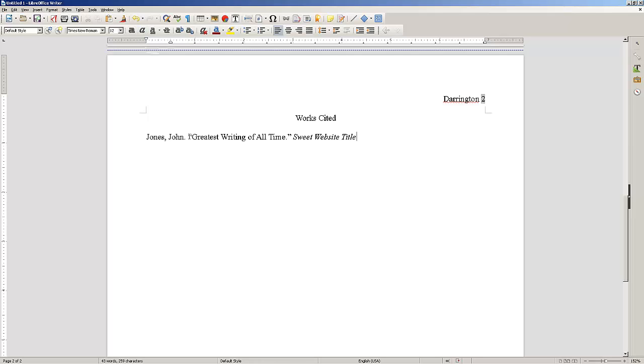I'm using Control I to turn on and off the italics. The next would be the sponsor. So awesome organization that sponsors this website. If the website title and the organization are the same, I only need to put the title of the website. I wouldn't have to put them both. Next, I'd put an update date if it's available. Let's just pretend this is 17th of June 2016. And then the URL, so